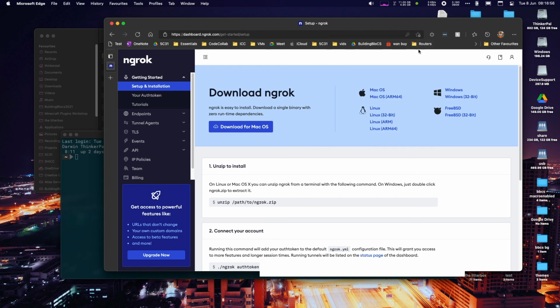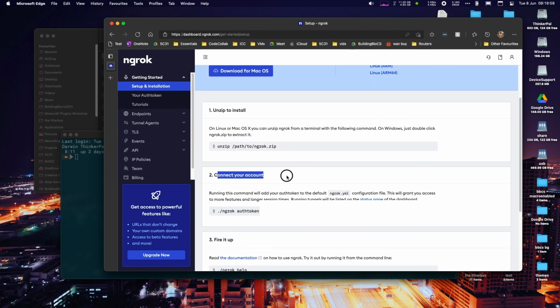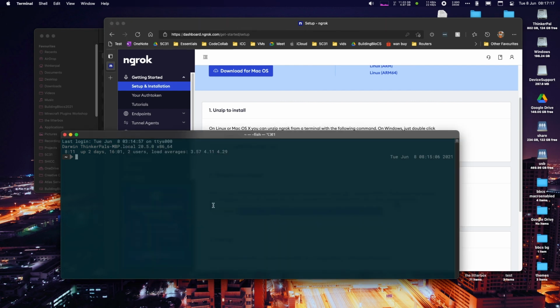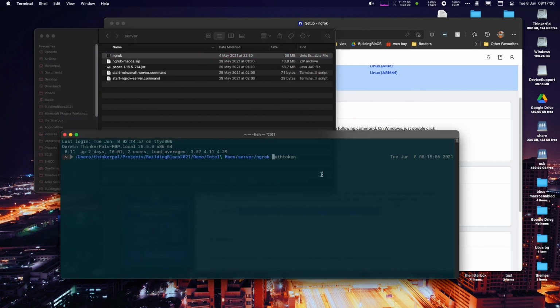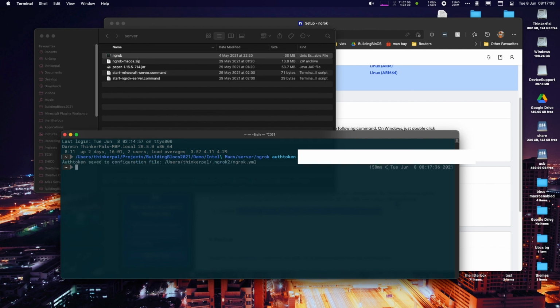All right. So next thing you want to do is copy this connect your account command. Here's the command that you need to copy. I only need you to copy the words after the auth token. So that means auth token and all the way to the end. Just copy this. Then go to your folder with the ngrok and drag it all the way into terminal, and you'll see this bunch of text pop up. After that, I just need to paste whatever's after the auth token, and then press enter,